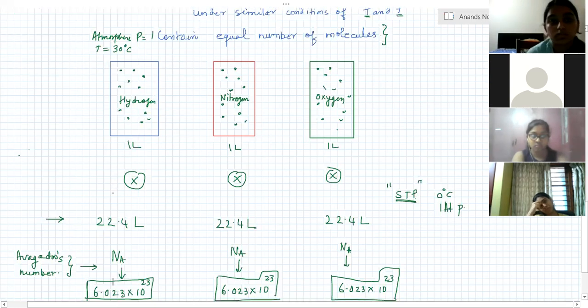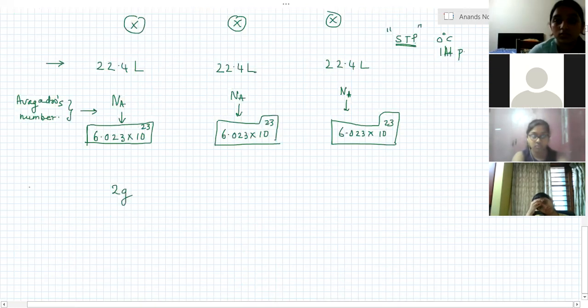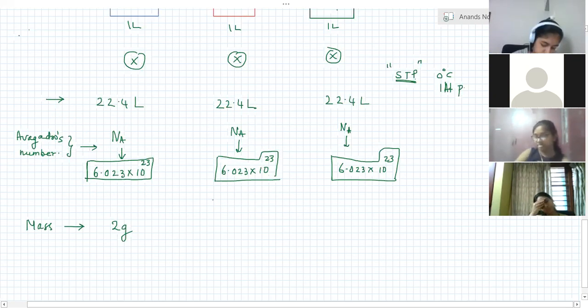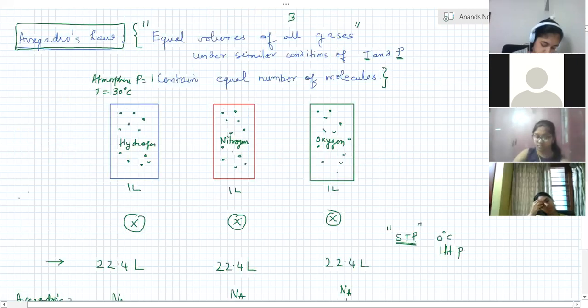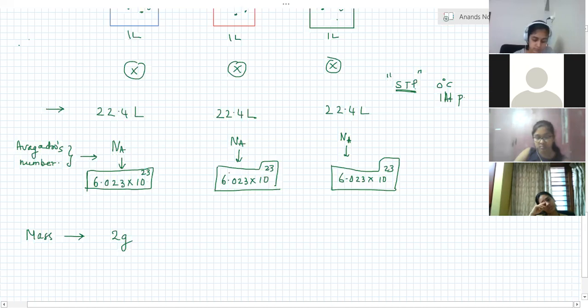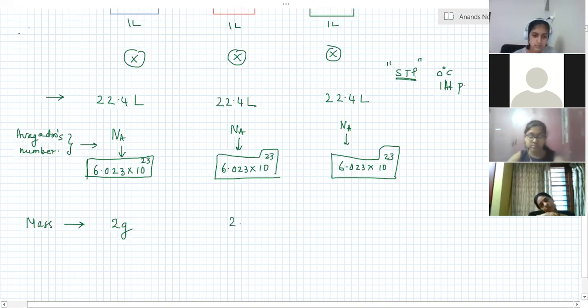I am going to take 2 grams of hydrogen. I am getting you the mass picture now. Why 2 grams? Boss, I know hydrogen is H2. So 2U, I am putting G. Then I am taking nitrogen. Nitrogen I know is N2. N is 14. 14 into 2 is 28. So I'll take 28 grams.